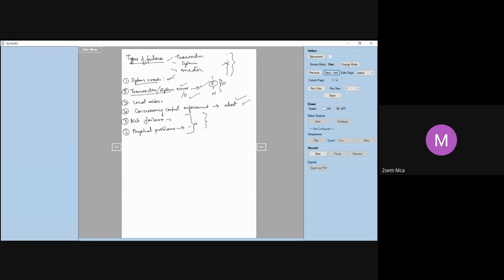So we tried to see why concurrency control is needed, and what are the problems that arise because of which you require concurrency control. And we also saw why recovery is needed, and whenever there is going to be a failure, there will have to be a recovery. And what are the different types of failures? What reasons can cause failures?